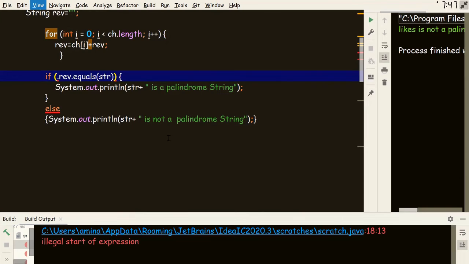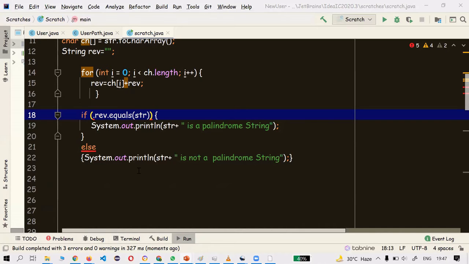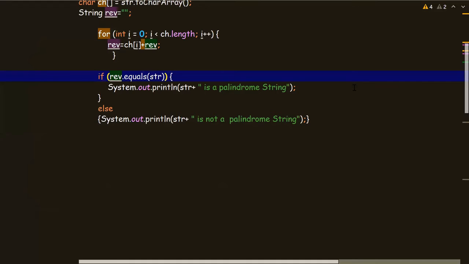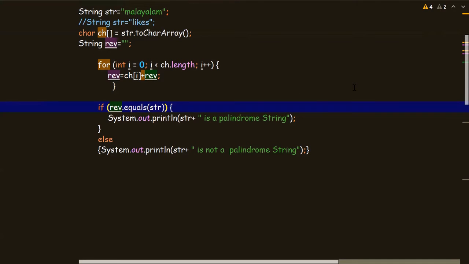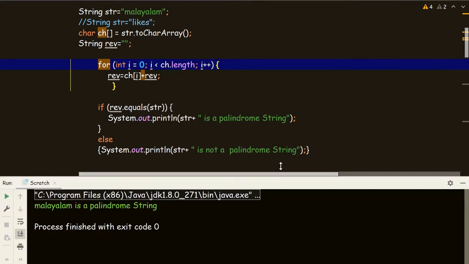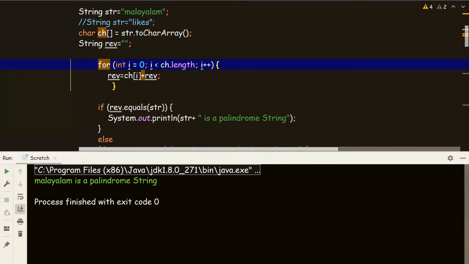Let's exit the Zen mode first. At line 18 we did something wrong. Let's fix it, and run it and see. It's executing. Malayalam is a palindrome string.